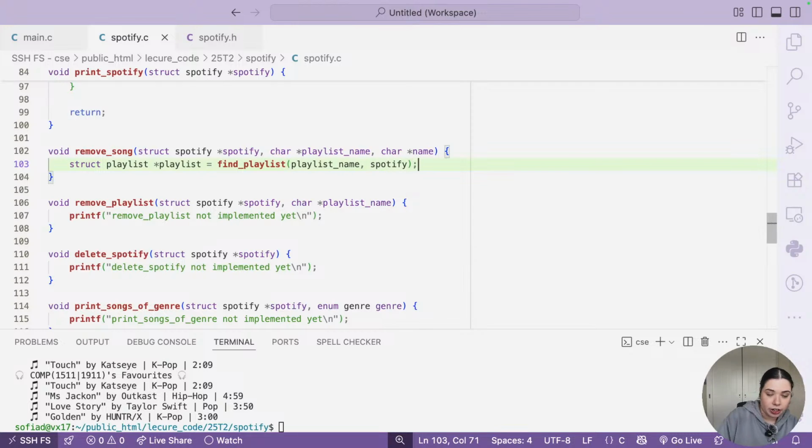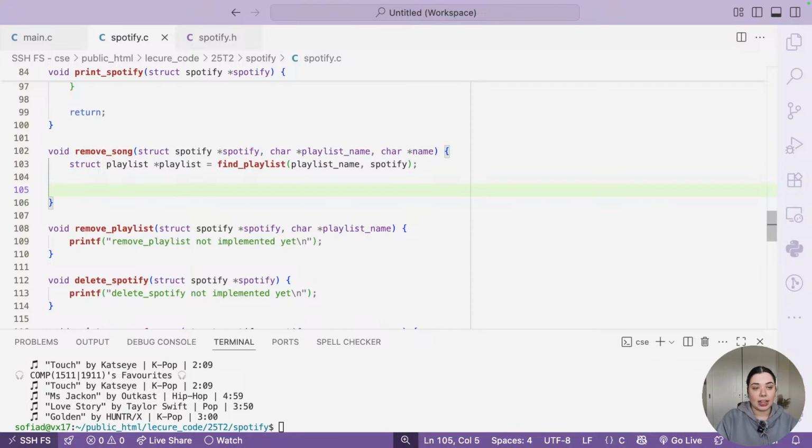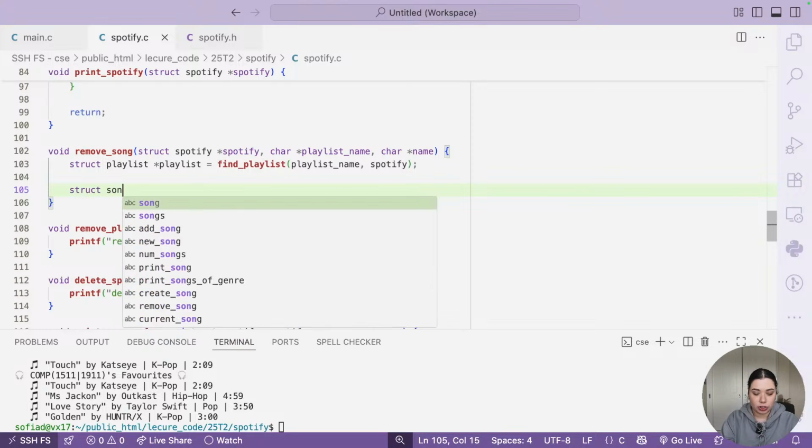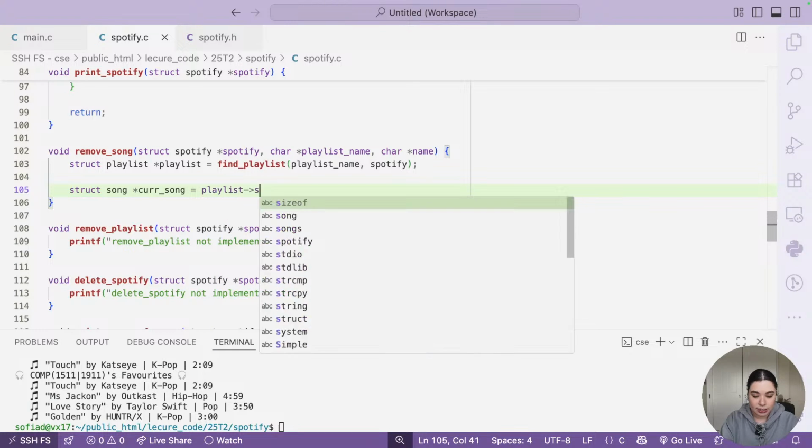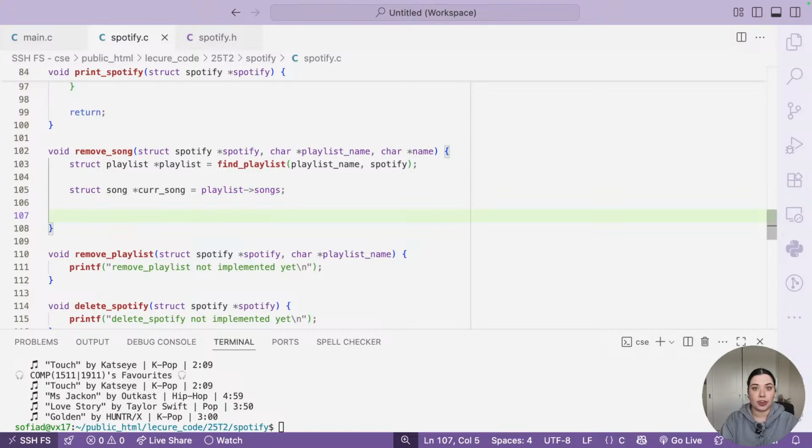So now that we've gotten the node that we want to remove at, we can go ahead, create our currents, and actually find the song in the list. So it will be struct song, current song, equals to playlist songs. So this is a pointer to the first node in the list. We are gonna wanna have a while loop. While current song next does not equal to null,